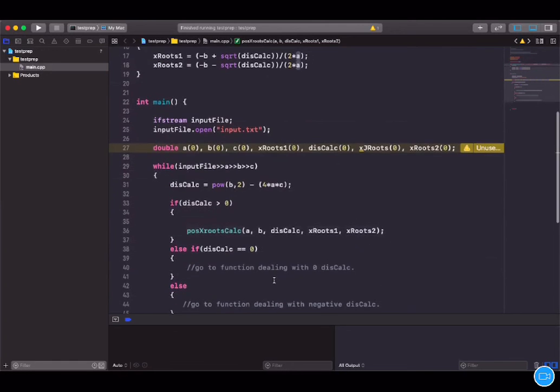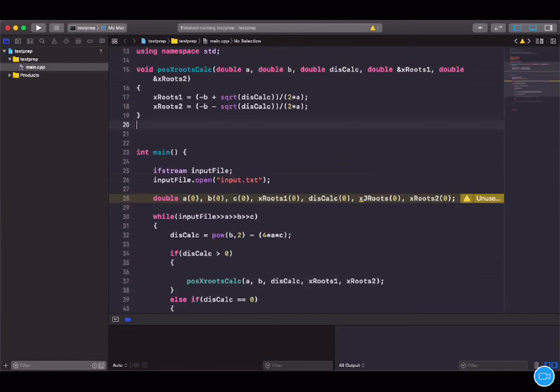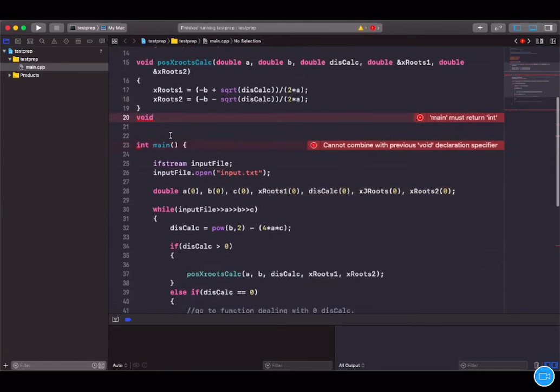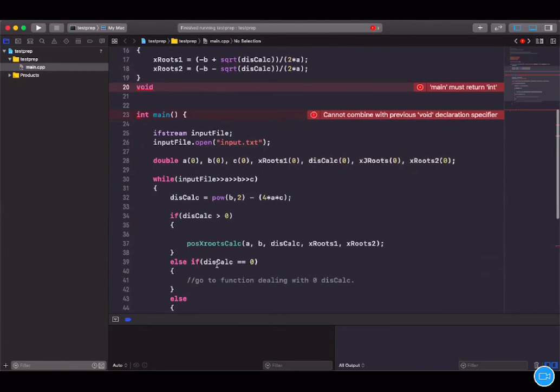Cool. So let's continue. Now we need to make this one here. This one is a bit easier because it's one repeated real root. It's not two distinct real roots. So I'm going to make a void function again. I know I'm returning one, I'm only returning one data